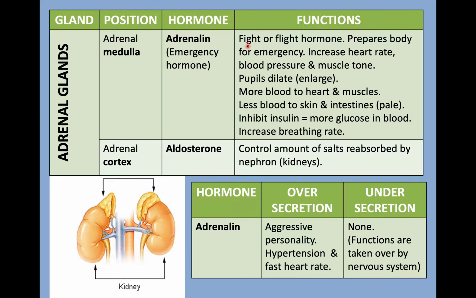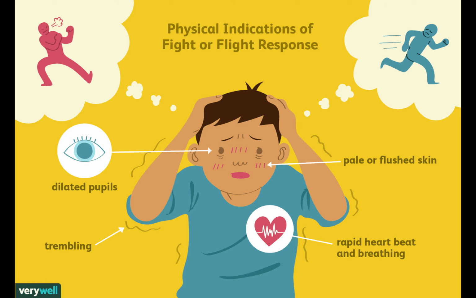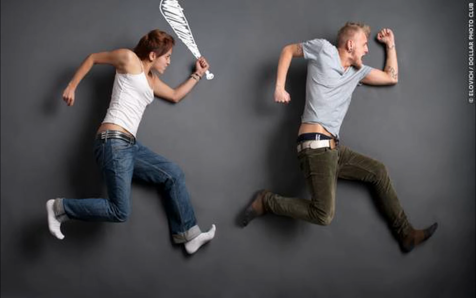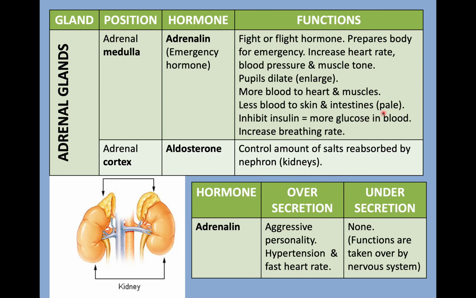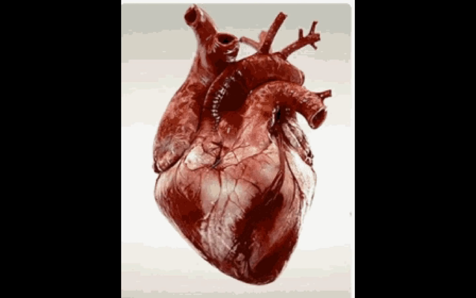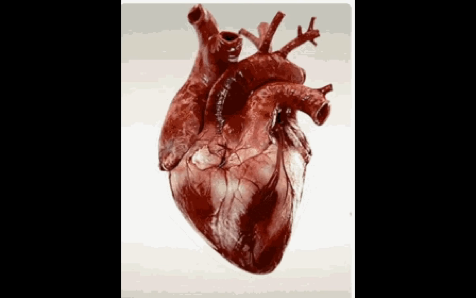Adrenaline is known as the fight or flight hormone. Why? Because it prepares the body for an emergency. How? Well, during times of excitement or stress, the adrenal medulla of the kidney will secrete adrenaline, which helps the nervous system to prepare the body for an emergency. When this happens, you will find that the adrenaline has certain effects on the body. When adrenaline is released, it will have an effect on the heart, right? Where it will lead to an increase in the heartbeat of the person.